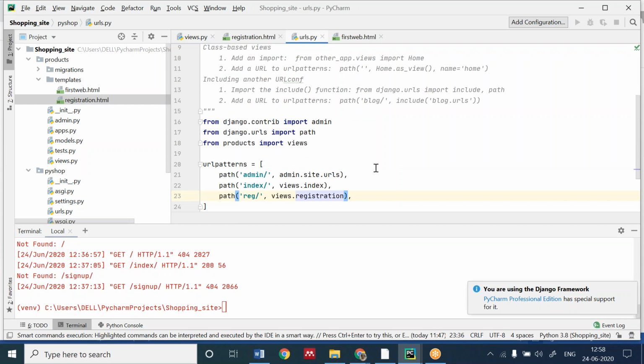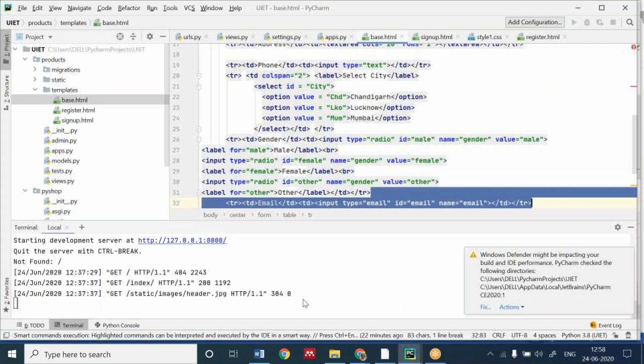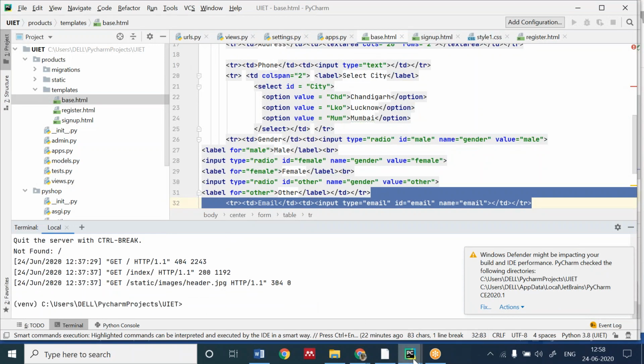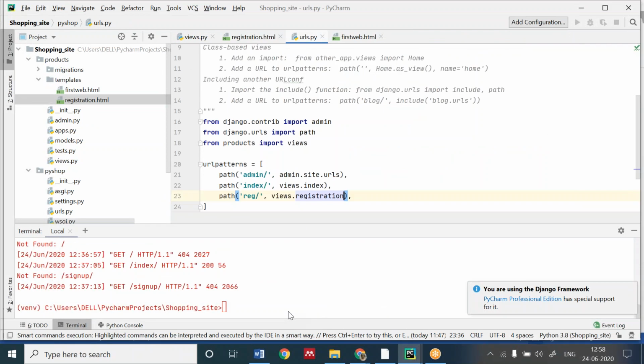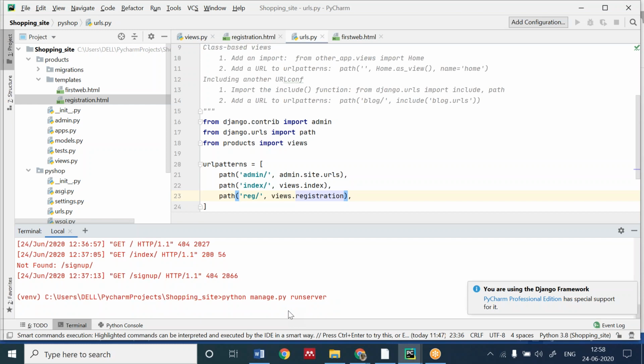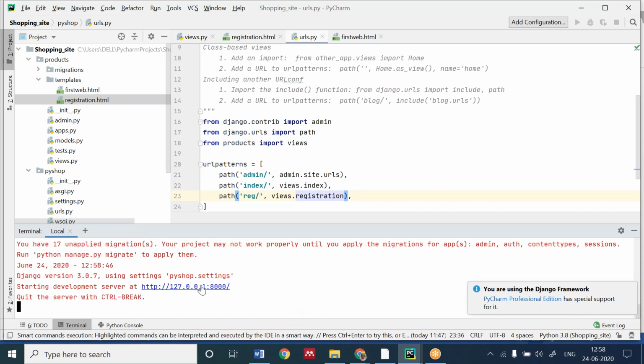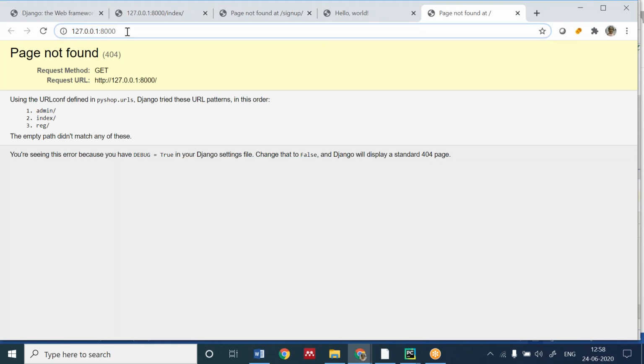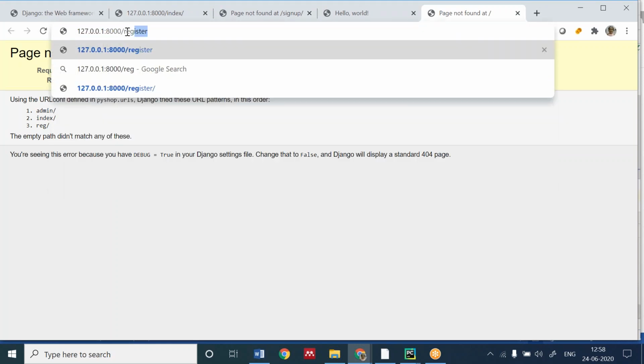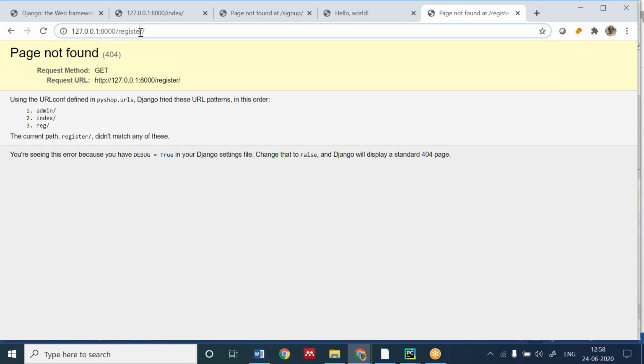This is perfectly correct. Now I will stop the server that is running. I will stop the server. Now I will run this server. Let me see how our page looks. It's not register, it's reg.